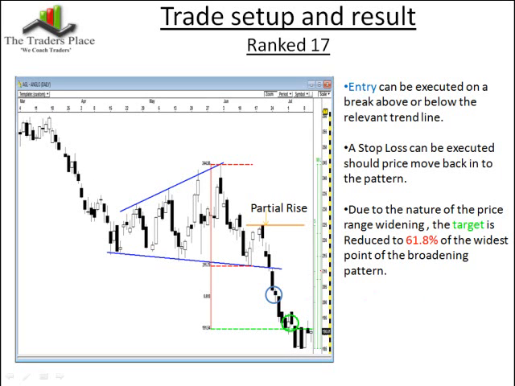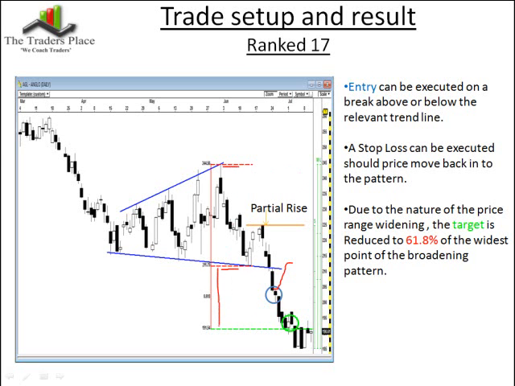A stop loss can be executed should price move back into the pattern. So let's say we entered over here, price moves back in, we would stop out. Due to the nature of the price range widening, in other words, the market has quite a bit of momentum by the time it breaks the pattern, the target is reduced to 62% of the widest point, again depicted by the red dashed lines. It broke lower, we then put